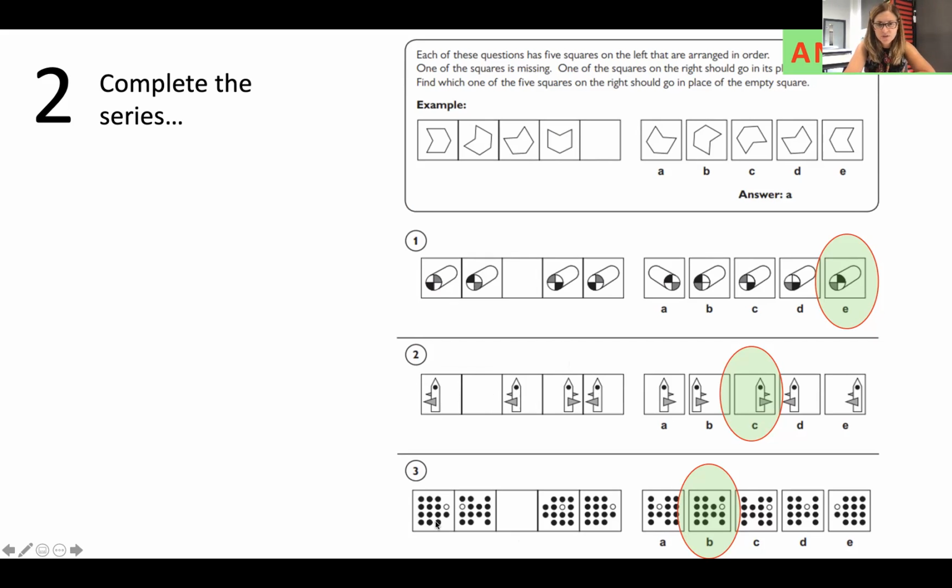And finally, question 3, which is a little bit more of a challenge. So there's 2 ways to look at this one. You can look at the white dot firstly. So you've got the white dot, and you can see it starts here on the right. It's always on the second row down, and it moves. If I can get my cursor, it moves from here. So then it'll be the second one along, then the third one along, and then the fourth one along. Okay, so that gives me a choice of,